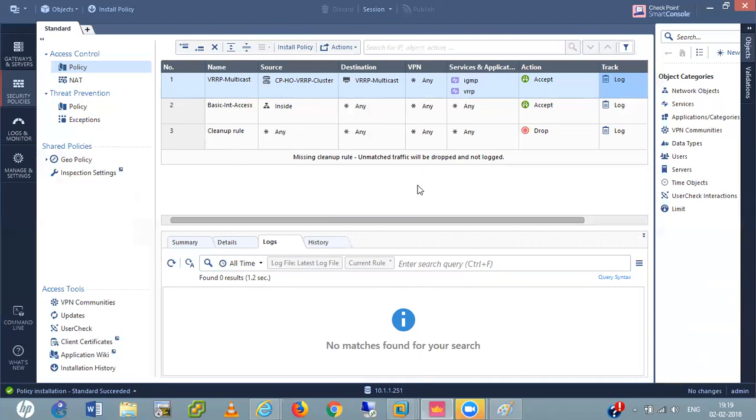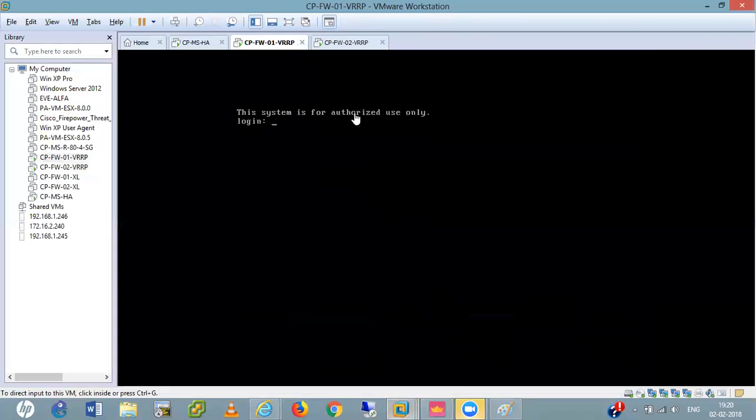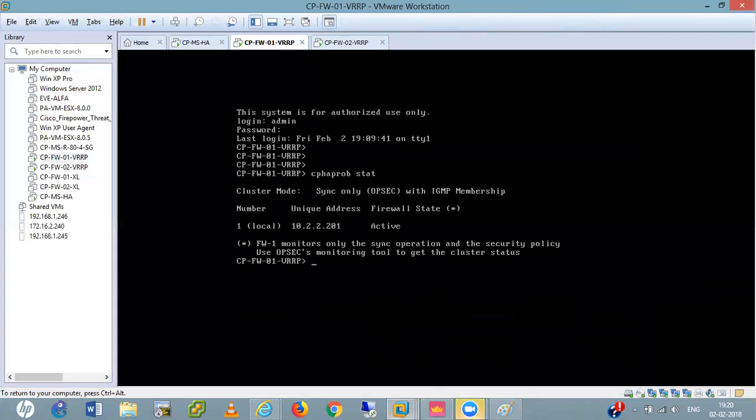Okay, so the installation has succeeded. Once again, stop the record. Yeah, so the installation is done. Let me see the state of my firewalls now. Firewall one monitors only the sync operation, and the security policy uses the OffSec monitoring tool to get the cluster status.